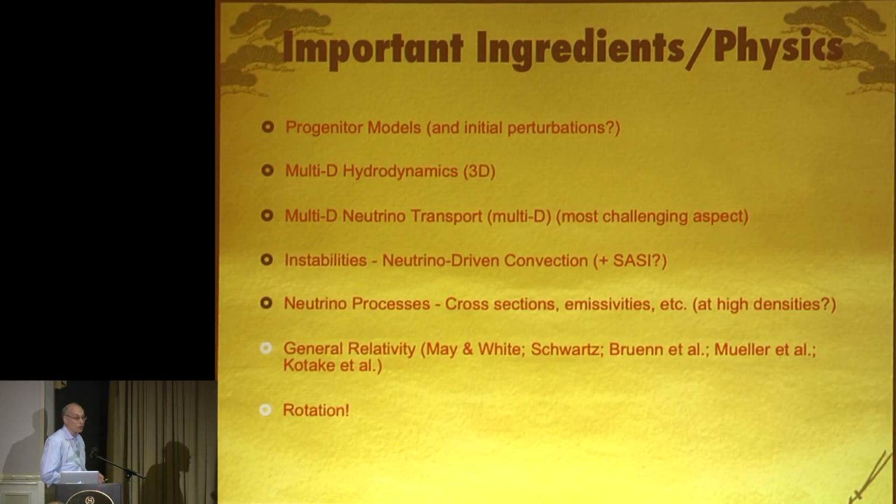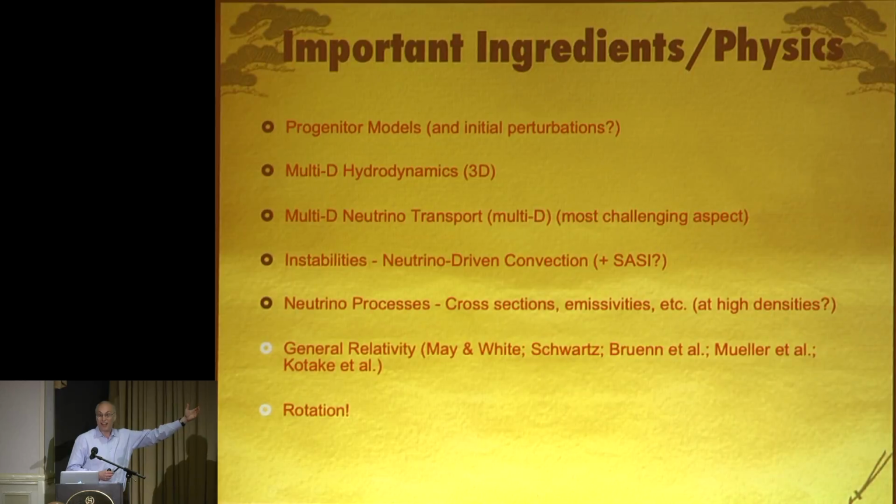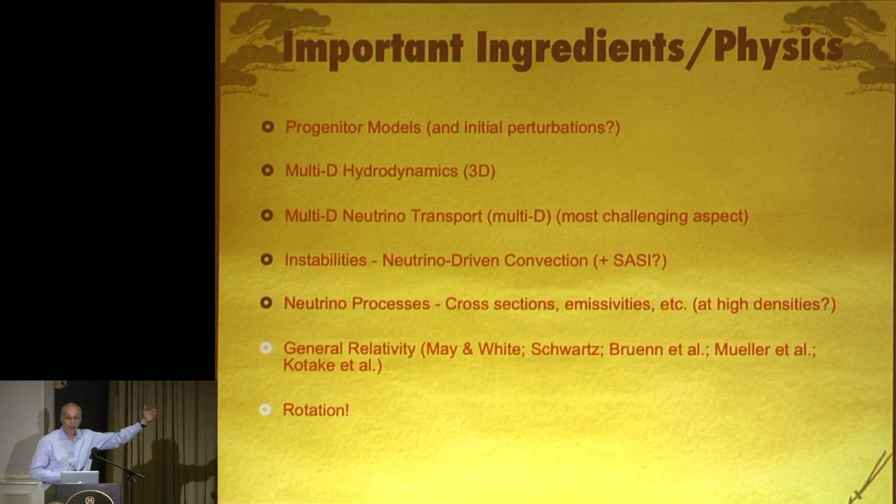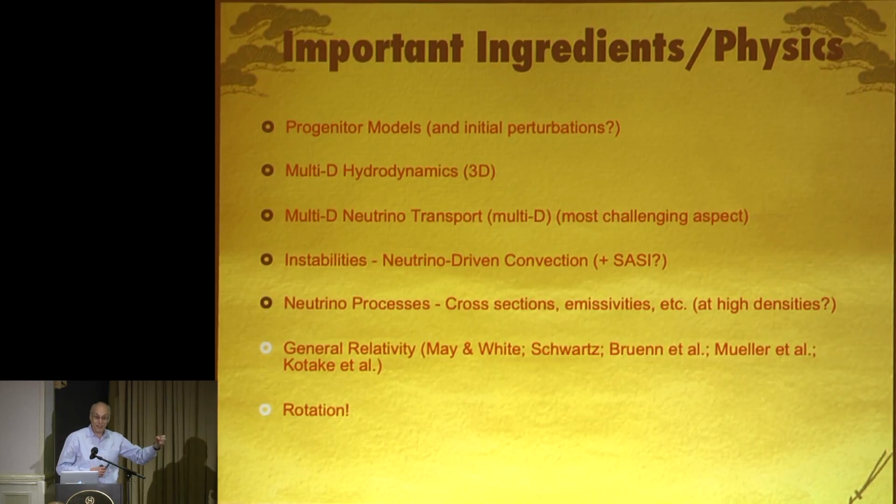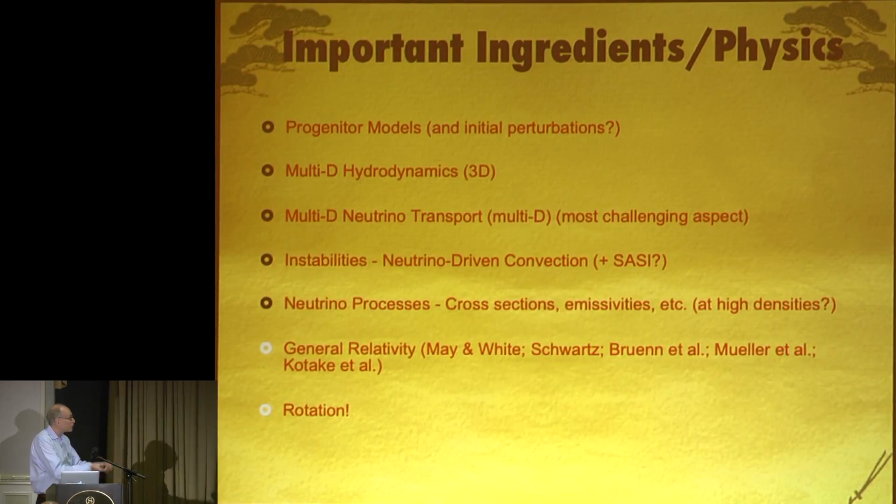Instabilities are rather crucial. In fact, I'll show a difference between 1D and a multi-D calculation, and the stalled shock, and again, this is a context in which we're trying to revive a stalled shock, if this mechanism is at all true, the neutrino-driven mechanism. There are instabilities, and the difference between the stalled shock radius in the 1D case and the 3D case is crucial. It's easier to explode in multi-D because that stalled shock is at much larger radius, shallower in the potential well, with a larger region that can absorb the neutrinos.